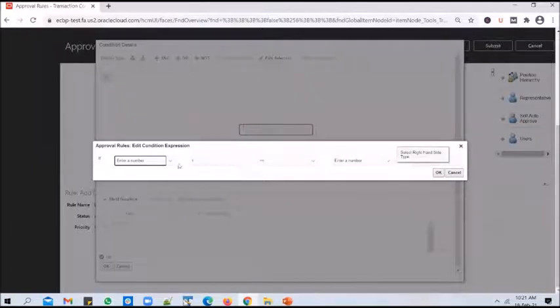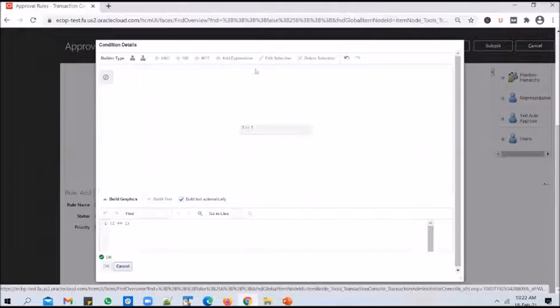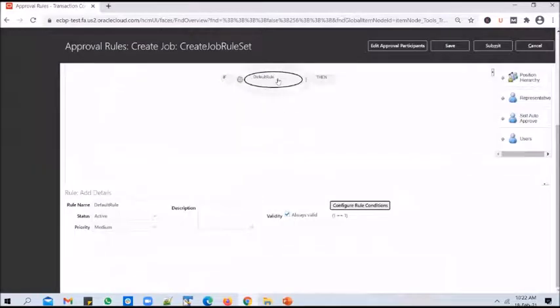And if you edit selection, you can see how Oracle has written this condition for us when we click on the plus icon. It says if it selected enter a number option and it entered 1 equal to, it is comparing 1 with 1. So it is basically a dummy condition which will become true for all scenarios. So any job you create, this rule becomes true. And in the then clause,